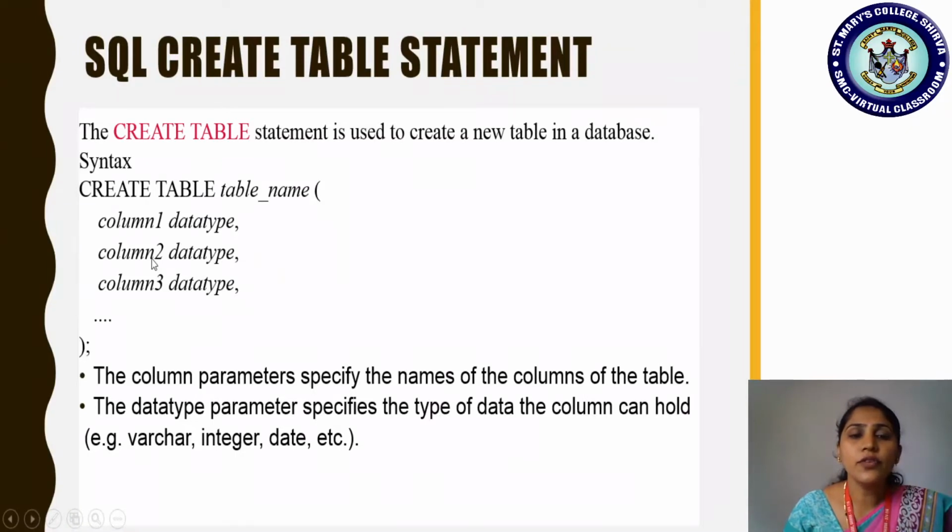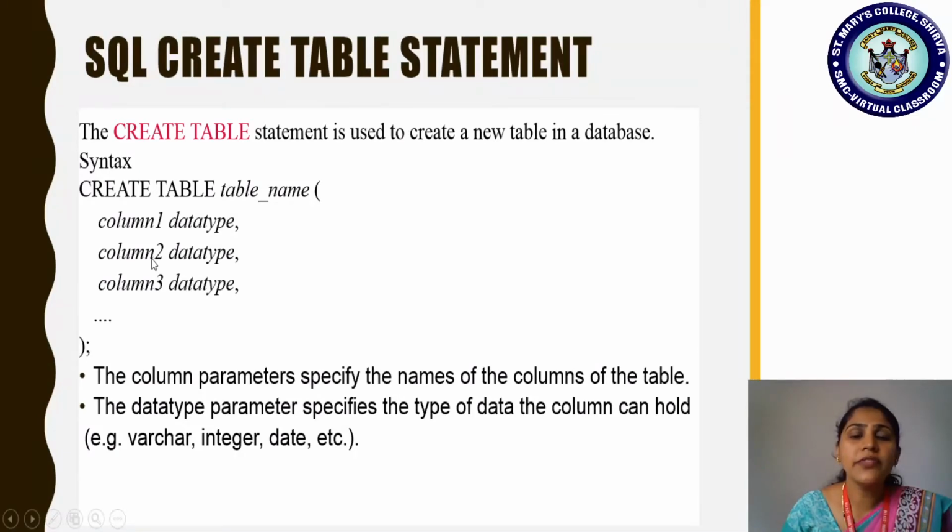For column 1, for example, if I am creating a student table, I should mention the student number, STDNO, or roll number, ROLLNO, followed by the data type. Which data type could it be, alphanumeric or numeric? You can just refer like this: roll number, space, numeric or varchar 2. Then the data type, comma, column 2, data type.